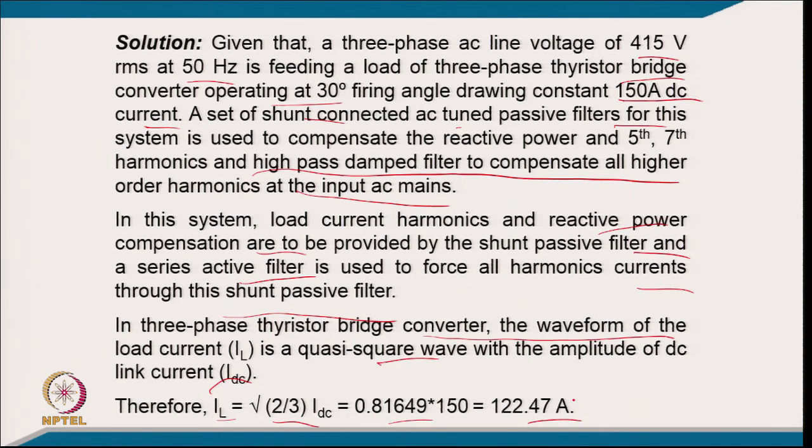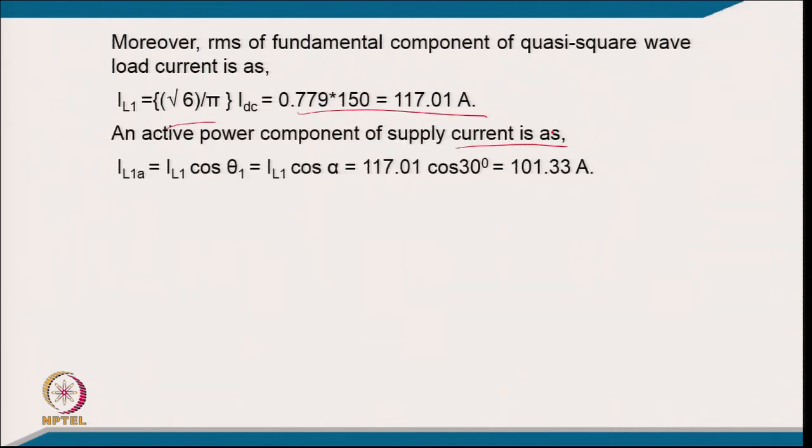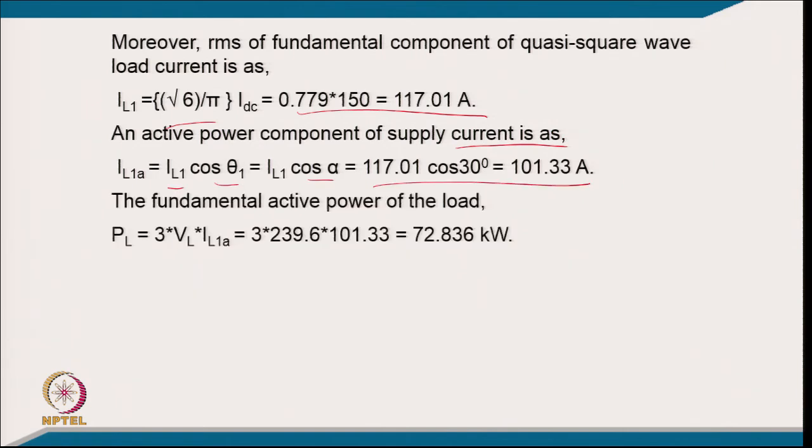So, it comes 122.47 ampere, and the RMS of the fundamental of cos C square will be root 6 by pi into IDC. So, this comes 117.01 ampere, and the active component of the fundamental, multiplied by cos theta 1, that is cos alpha, putting the value it comes 101.33 ampere, and the fundamental active power drawn by the load will be 3 VL into IL1. So, putting the value it comes